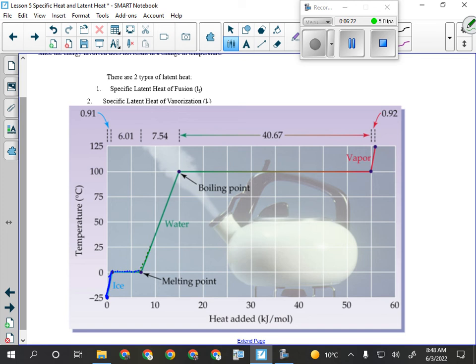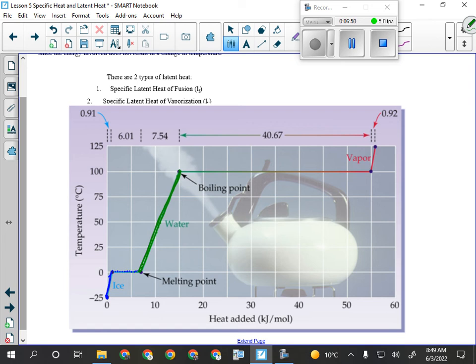Once I get to that melted part and all the ice is melted, if I keep adding energy, the water will get hotter and hotter and hotter, and, sorry, it's got to be a solid line. It will get to 100 degrees Celsius, along this line here. Once it gets to 100, if I keep adding energy, it stays at 100. I mean, if you've ever boiled water, this is true. If you had a thermometer in the boiling water, once you get it to boil, it stops. It just does not change temperature anymore.